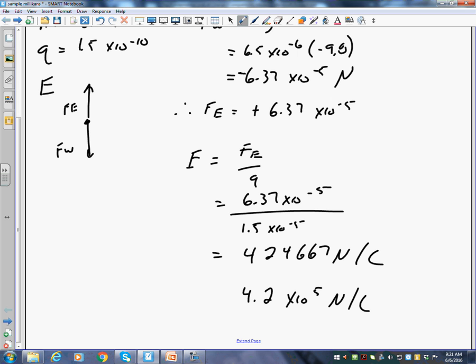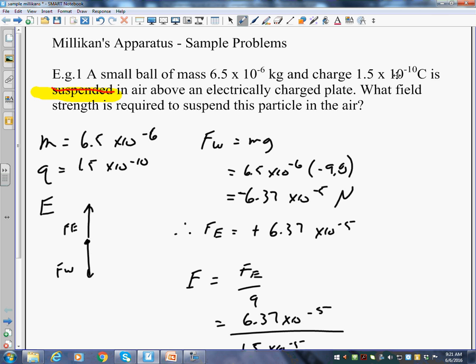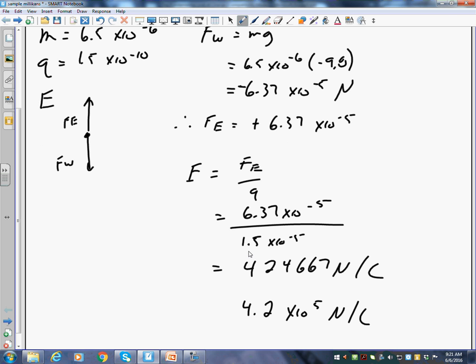Ten to the 0. I know why. Because I messed up. I sure did. 1.5 times 10 to the minus 10, and I wrote